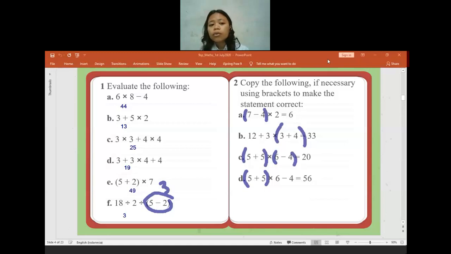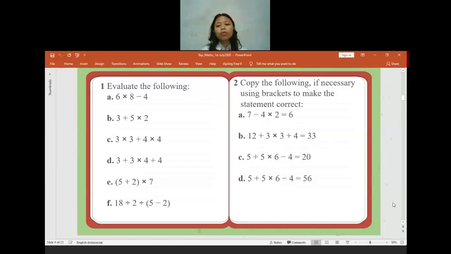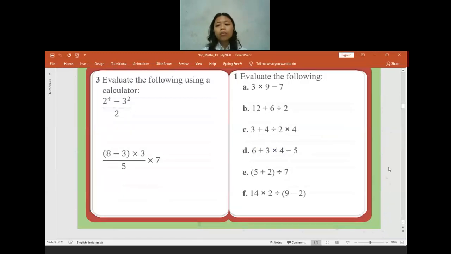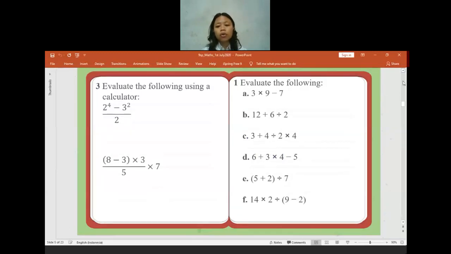Is there anyone who is confused? No, teacher. Okay, if you have no difficulties, then I will move to the other question. Please be active. You can speak or type in the chat box, so I can be sure that you are still joining my class, not only joining and then muting or leaving. For question 3 of student assessment 1.